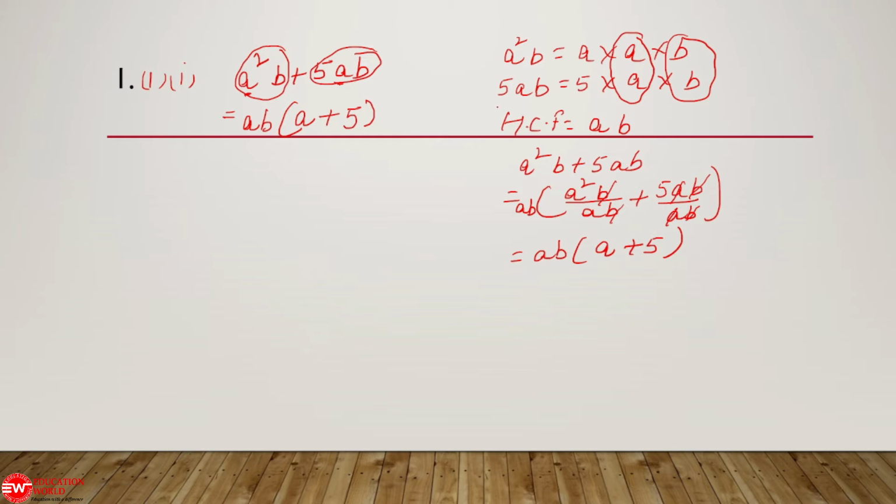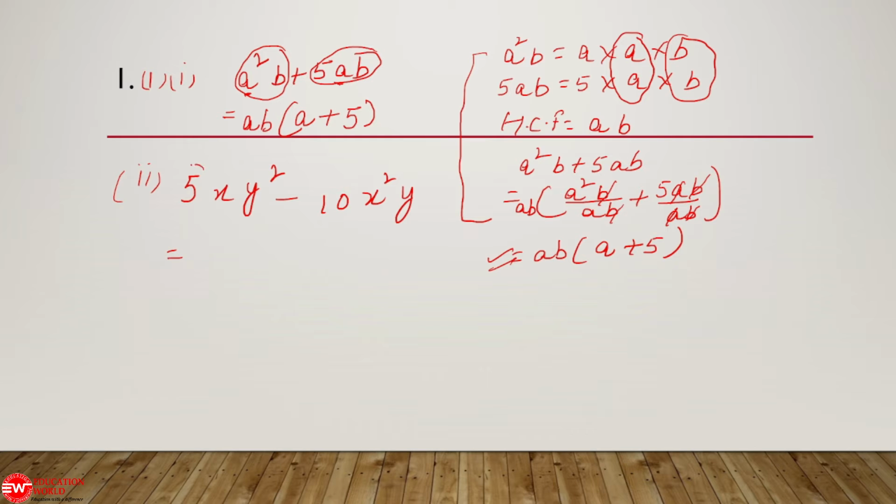So this is our answer. See here how many steps you have done for this one. So many steps, and then you see the result. Here you can write directly, and it is quite easy. If you do it 1-2 times, you can do it. It's not difficult. Now the next one is y square minus 10x square y.